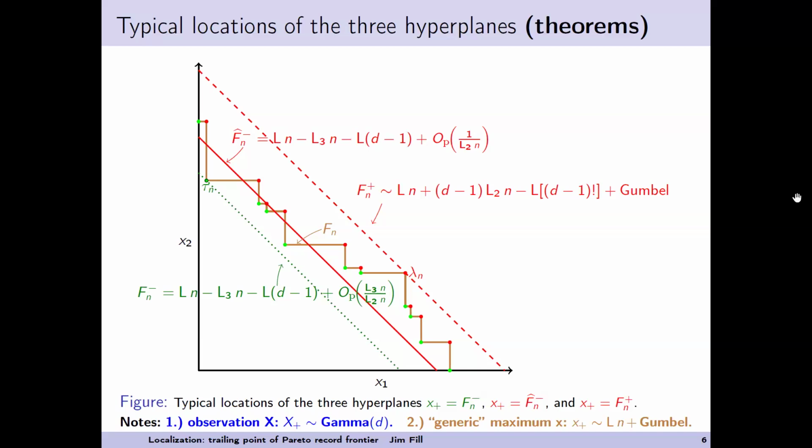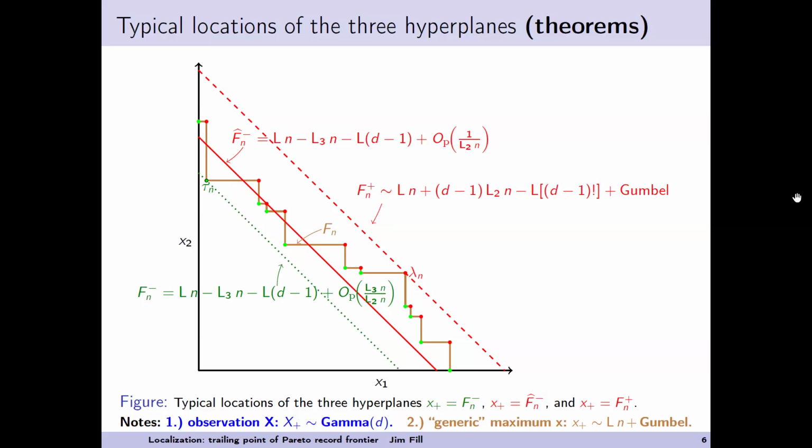Well, Fn minus, we show in the extended abstract for this conference that Fn minus is log n minus triple log n minus this constant plus big O in probability of the ratio triple log n divided by double log n. Now, I've heard many people, including Robin P. Mantle, another semi-regular participant at AofA, say that mathematics is at its most interesting when there are surprises. And I think that